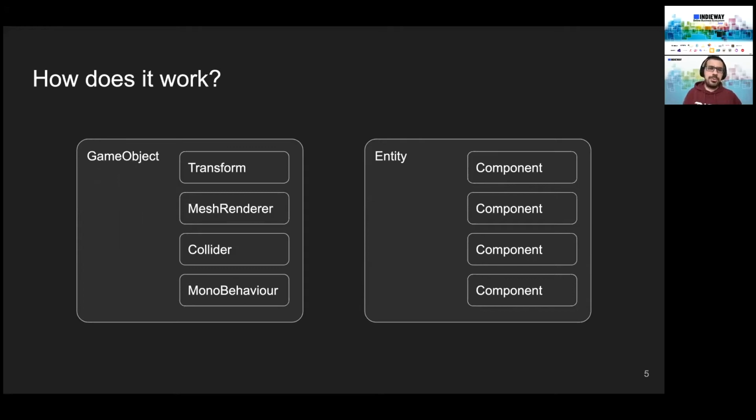Unity itself, which we have been using for a long time, is quite similar to ECS. In Unity, you see game objects, and on them there are components, including transform, mesh renderer, and collider. And Unity's own systems work via these components. For example, there is a renderer system that acts according to the mesh renderer, and there is the physics system, which also functions according to the collider component.